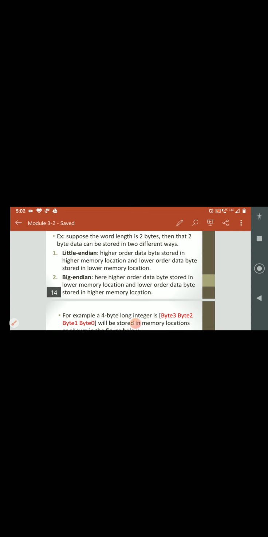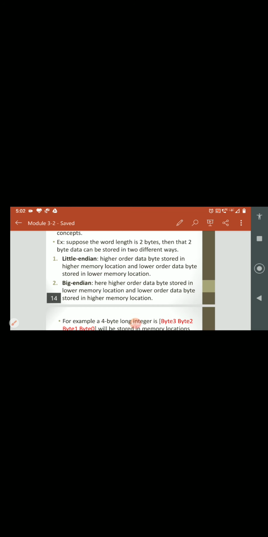So here also, for example, suppose the word length is 2 bytes. Then the 2-byte data, which is 16-bit information, can be stored in two different ways.